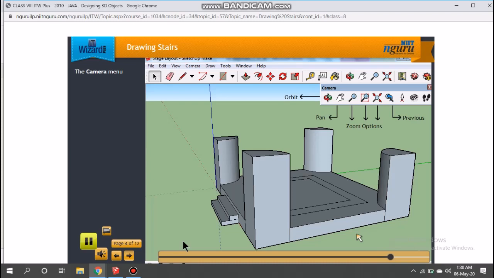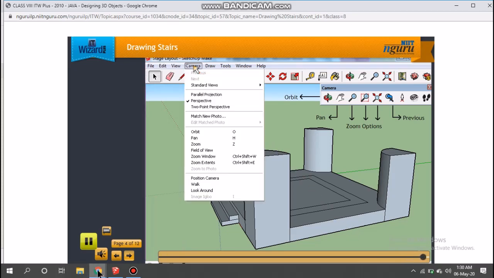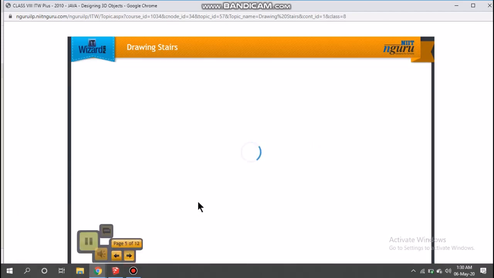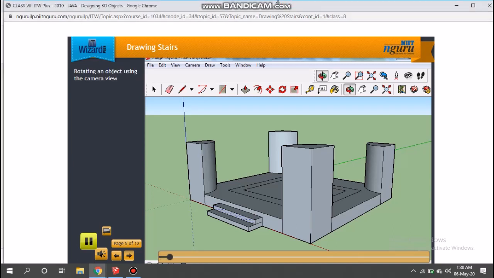Besides the options in the toolbars, there are many options available in the Camera menu. You can use the Orbit tool to rotate your stage layout to view and add details to any side of the stage.